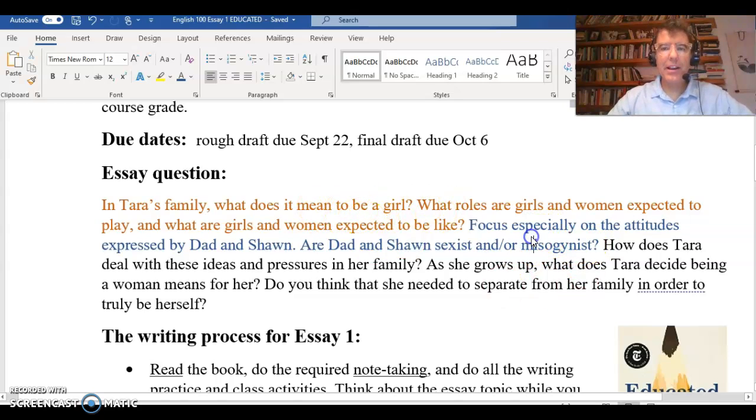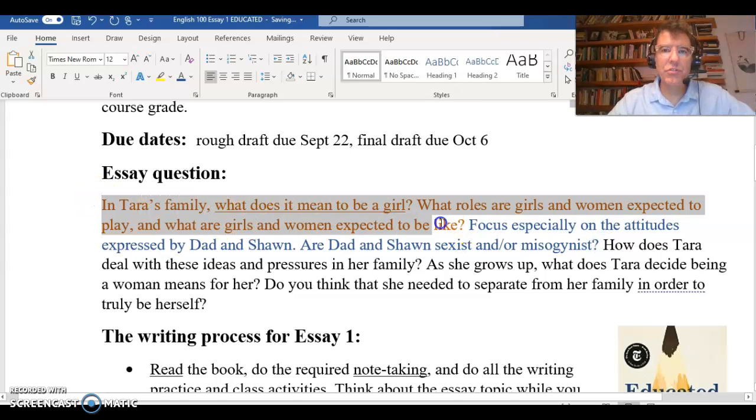I think in this case, we're still focusing on what it means to be a girl. So this might be the center of your bubble map that you're making this week. But I'm asking you to focus especially. So it's still the same question, right? But I'm asking you to zero in on Dad and Sean. So this is kind of part of that.